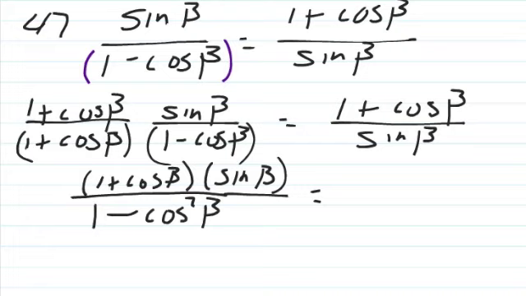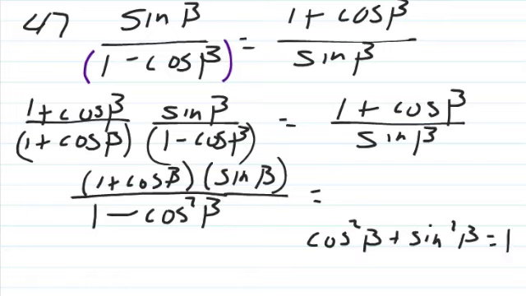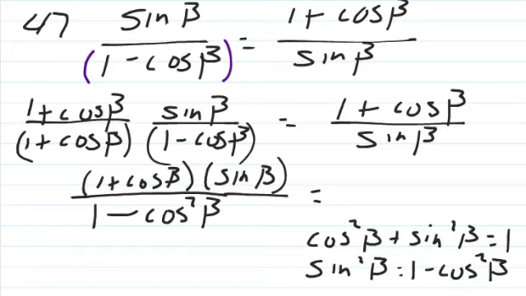We recognize at the bottom is a Pythagorean form because cosine squared beta plus sine squared beta is equal to 1. So if we subtract cosine squared from both sides, we get sine squared beta is equal to 1 minus cosine squared beta. So we can substitute that back in for our denominator,